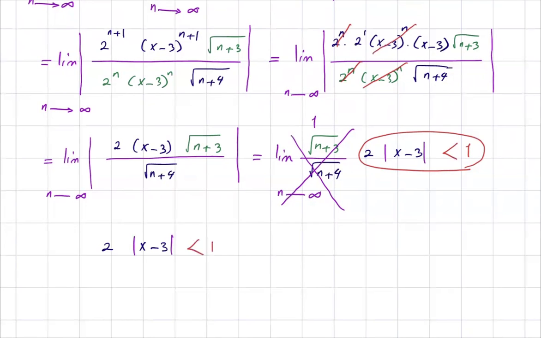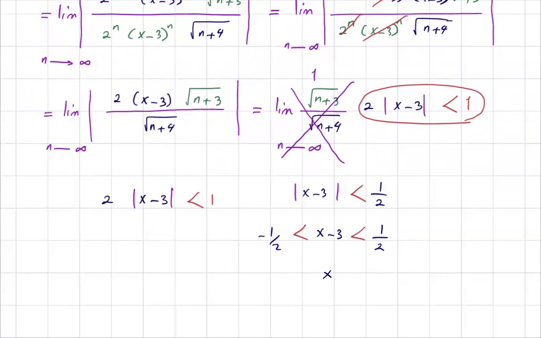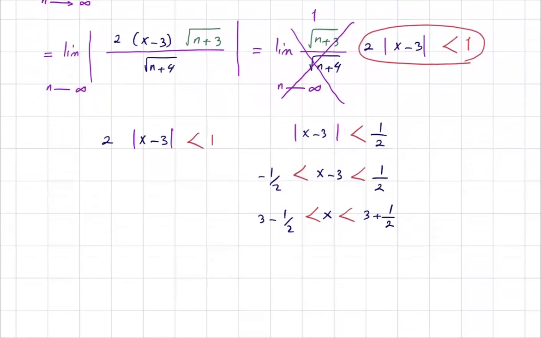If you divide everything by 2, you get absolute value of x minus 3 less than a half, or x minus 3 is bounded between negative a half and a half. And x is bounded by 3 minus a half and 3 plus a half. Very good. So your x is bounded by these two numbers,